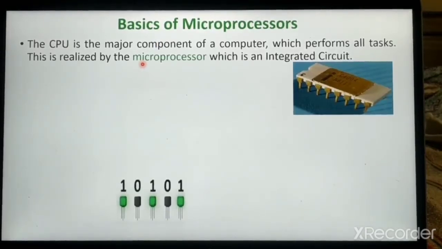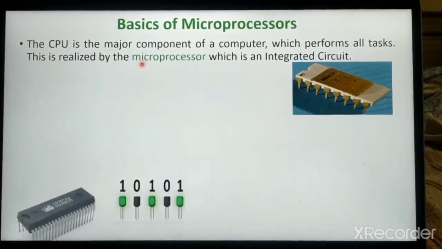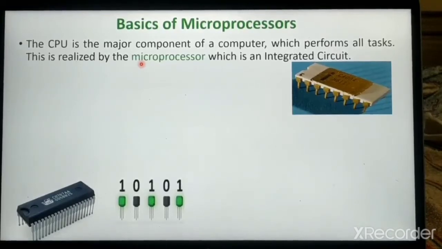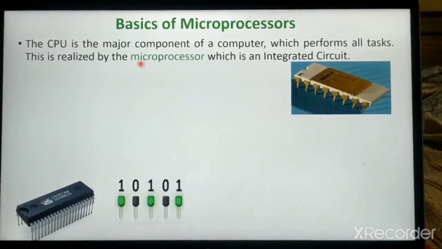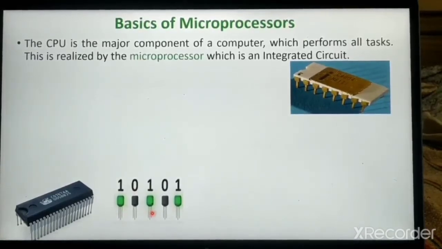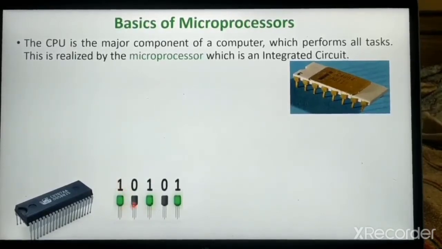We have already studied this in the first chapter. In the first generation of computers, we used vacuum tubes. Each vacuum tube represents a single bit. If it is switched on, it represents a 1, else it is 0. In the second generation, vacuum tubes were replaced by transistors. This is an image of a transistor. Each transistor represents a single bit. If it is on, it represents 1, else it is 0.